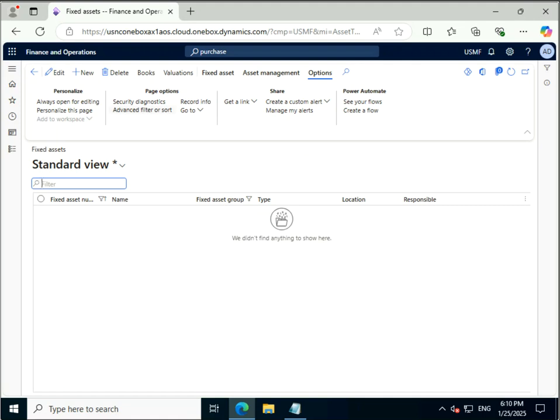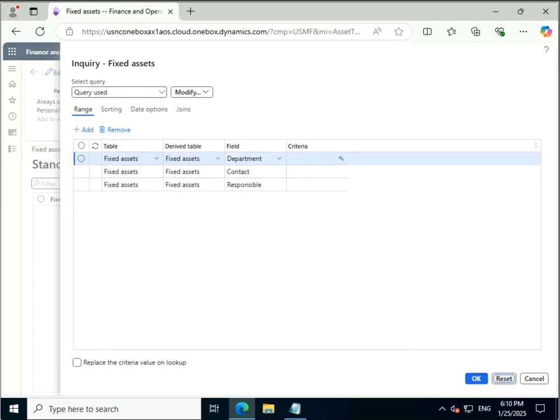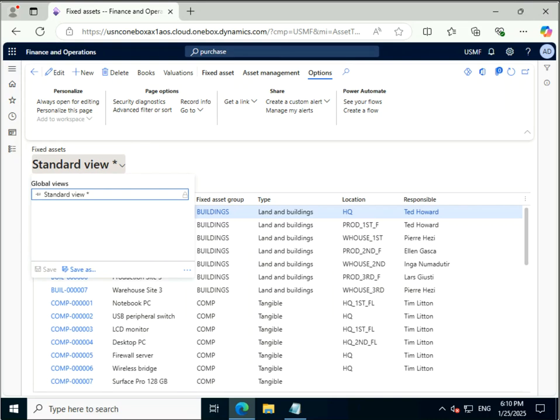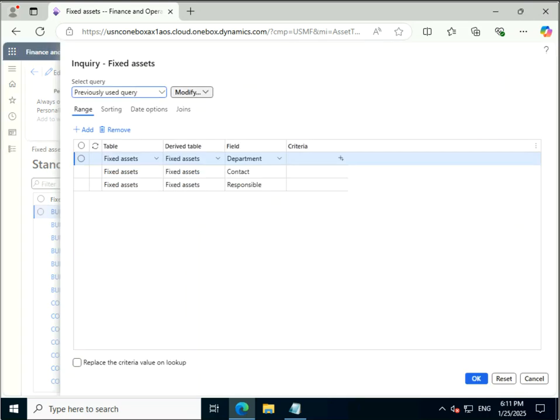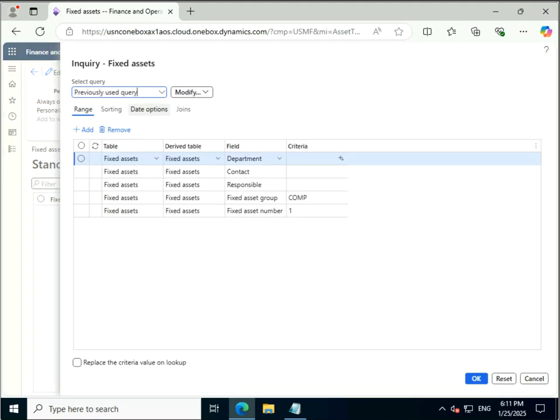We'll reset it again. Reset. OK. And again go to the advanced filter. Previously used, my query. Click my query and click OK. So there is no record, but let me click it and in my query